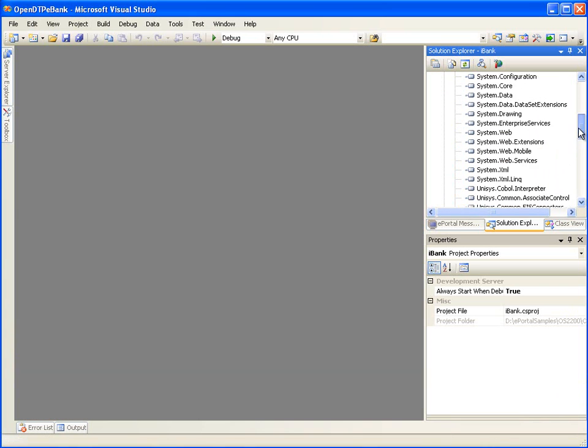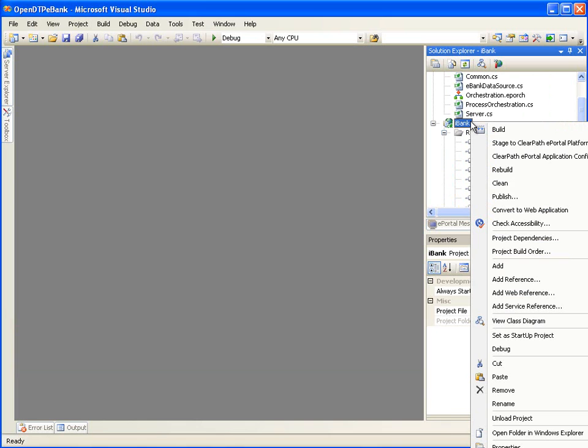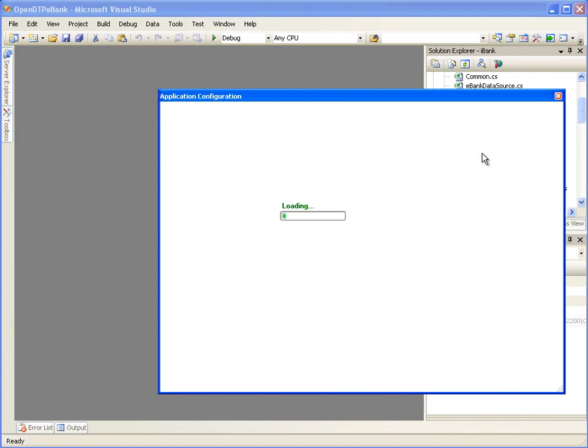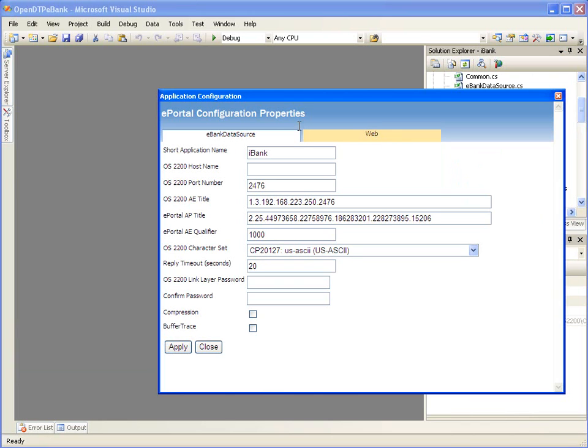Now let's configure the server application information. In Solution Explorer, right-click iBank project node and choose ClearPath ePortal Application Configuration. An application configuration dialog is opened. The eBank Data Source tab contains the server application information. For OS 2200 hostname, enter the IP address or DNS name of the OS 2200 server on which the Open DTP application resides. In our case, this is